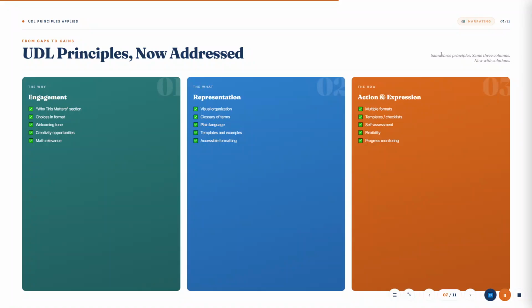Engagement: added a Why This Matters section connecting to real-world relevance, offered choices in presentation format, used welcoming, supportive language throughout, and included opportunities for creativity. Representation: created a clear, visually organized document with headings and sections, added a glossary of key terms, used plain language throughout, and included examples and templates. Action and expression: multiple presentation format options with guidance, templates and checklists to support organization, self-assessment checkpoints, and flexibility in